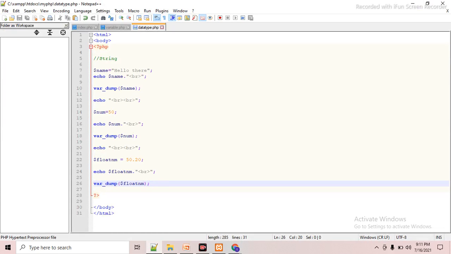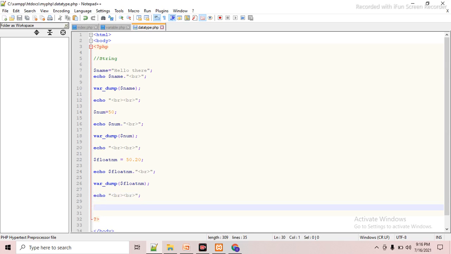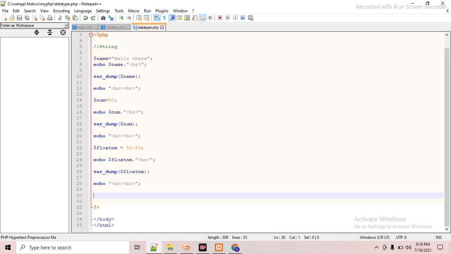Same as that, next we will see the array kind of data type, okay. So how do we write it? Just firstly copy and paste this, okay. Give it a name, $apple equal to array parenthesis, and after that give some value